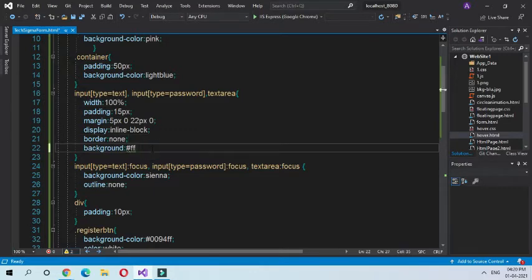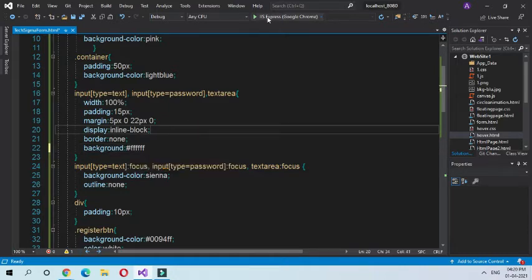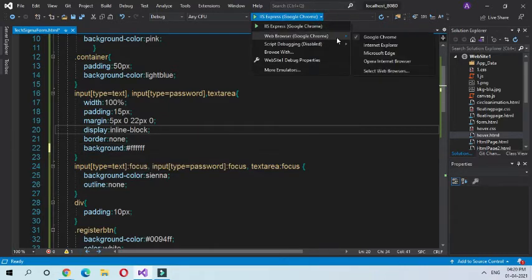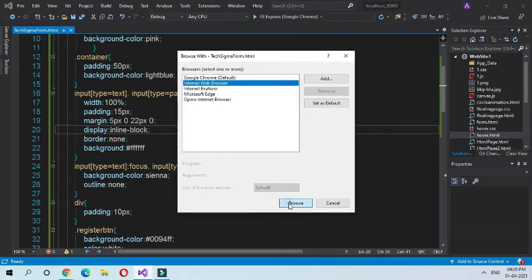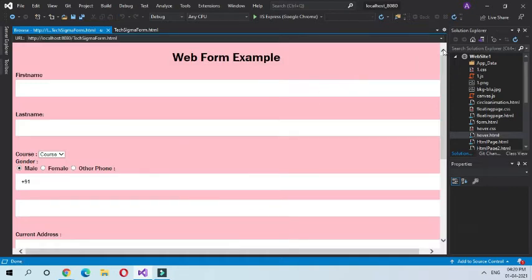Background color, give it as light, okay, give this white. Now again browse it with the internal web browser. Now yes, this is much more attractive.